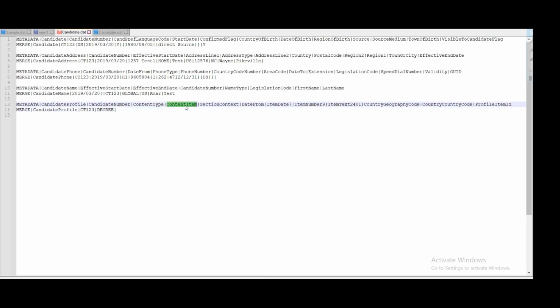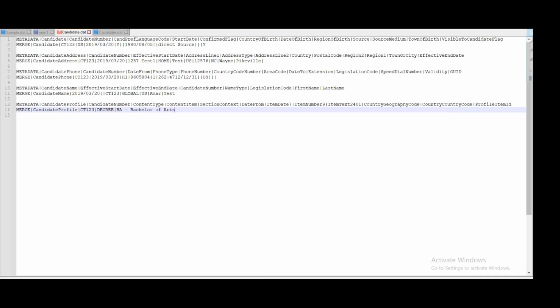Then for the degree content type, what will be the content item? You can mention that content item, which is the BA, Bachelor of Art. So this will be the content item. We are entering the content item for the degree, which is mandatory for the profile.